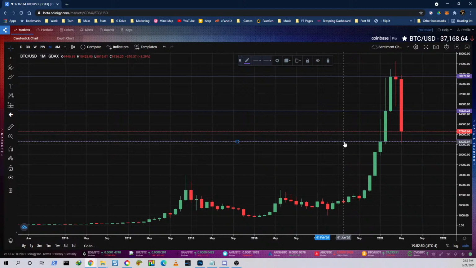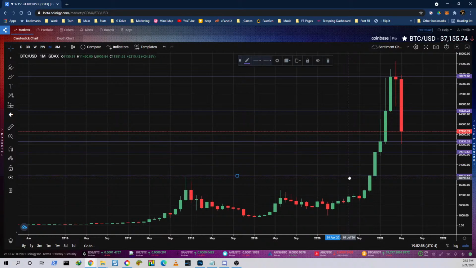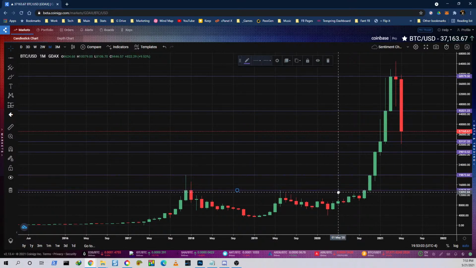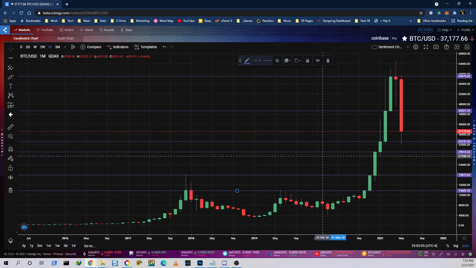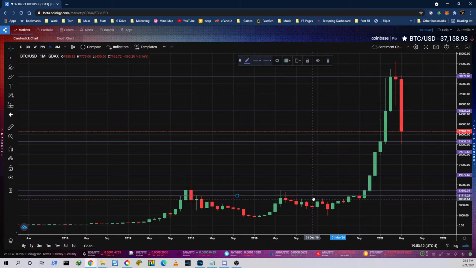Oh, there's a shortcut. If you're using TradingView and or Coinigy, you can hit Control and just drag. So I'm just going to do that right here. Control, click, drag. This purple right there. Control, click, drag. This purple right here. Control, click, drag. Purple right there. Control, click, drag. One down below. And one more right around here.